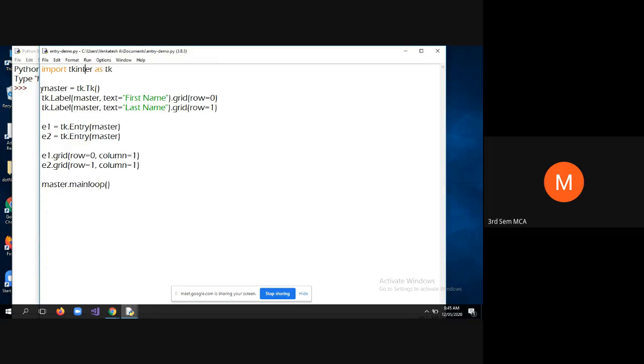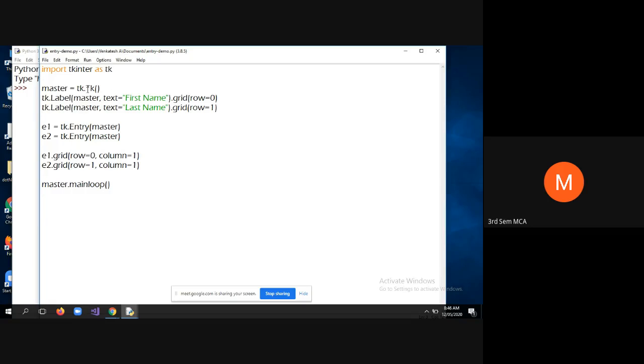So now here master, see, this is a master window. Usually we call it a window or a master. So two commonly used names are master or window. This can be any user defined name. This is used to create a basic window in which we need to create the GUI elements. Now we can write master is equal to tk brackets, that is good enough. What is this tk? This is the instance of tkinter. This is same as writing